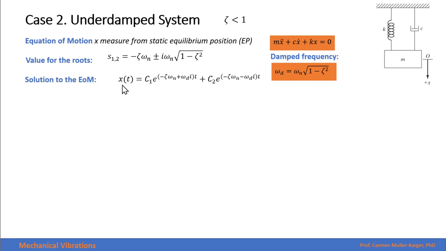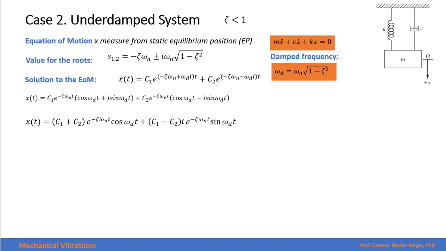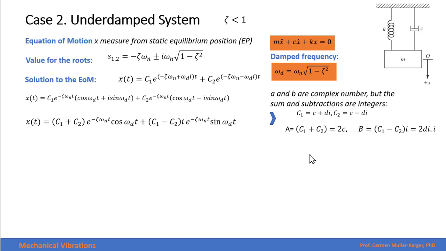And then the solution becomes x sub d equals C1 e to the s1, and as you see, I substituted this part over here by omega d. And here we have s2. If we expand using the Euler formula, we get this expression right here for the first part and this expression right here for the second. If I group together C1 plus C2, which are the ones that multiply the cosine, and C1 minus C2, which multiply the sine of omega d, as I did before for the undamped system,